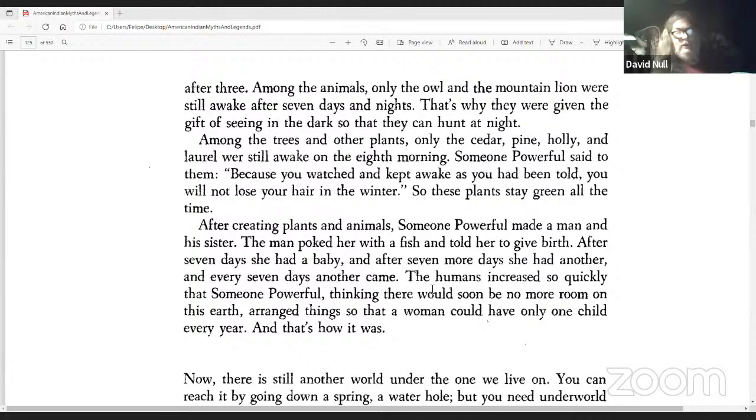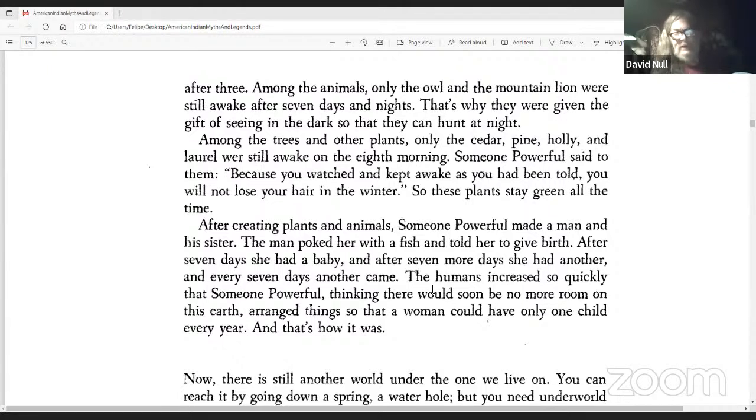That's why they were given the gift of seeing in the dark, so they could hunt at night. Among the trees and other plants, only the cedar, the pine, the holly, and the laurel were still awake on the 8th morning. Someone powerful said to them, "Because you watched the sky and kept awake as you have been told, you will not lose your hair in the winter." So these plants stay green all the time.